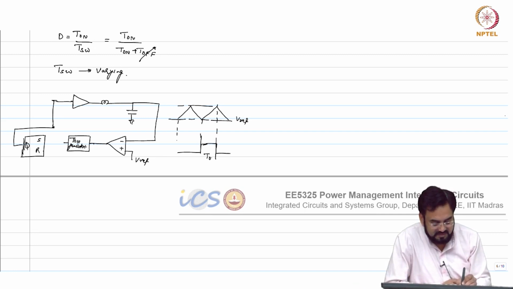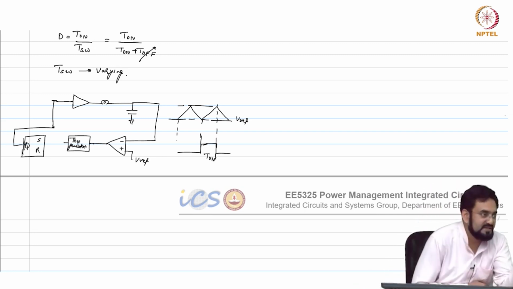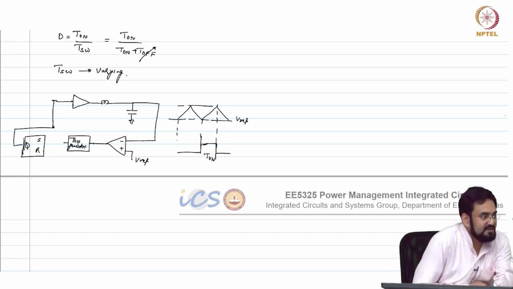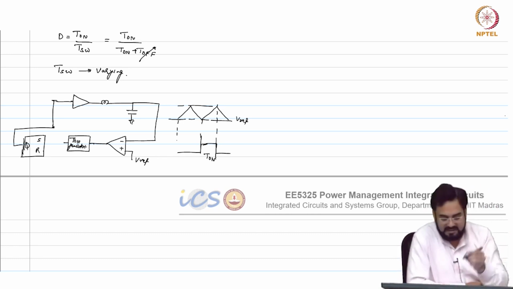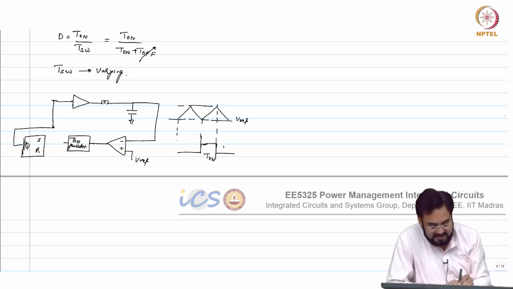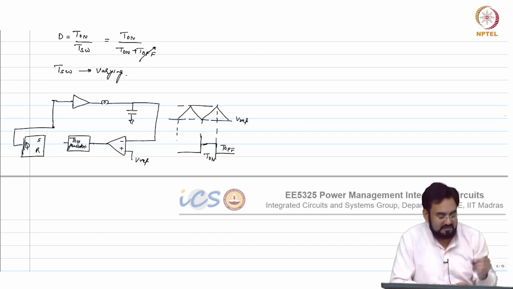So this is your T on, which you are forcing. Okay, after that you reset after T on, and this portion is T off, will be controlled by the feedback loop. Correct.